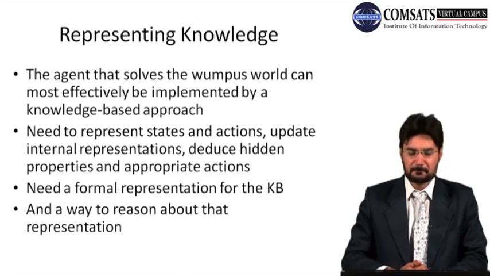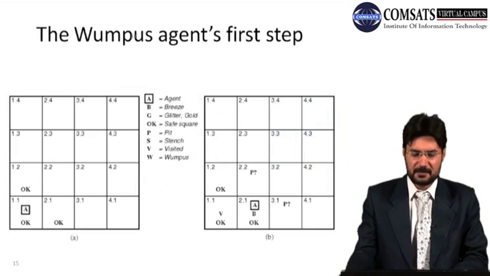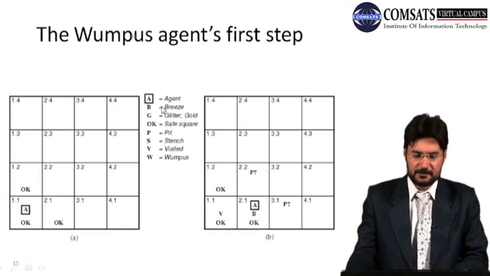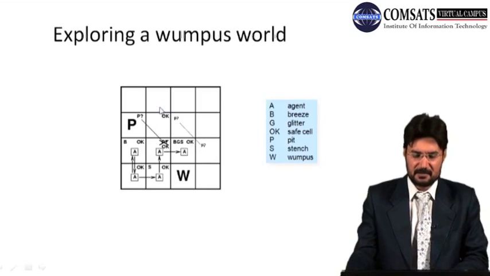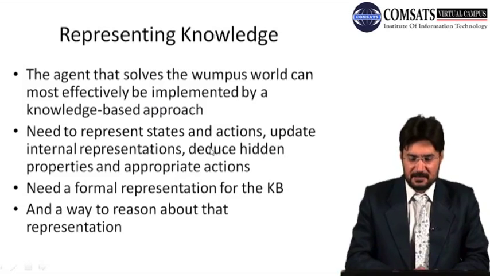So now if we have an agent which can go through this Wumpus World, then we can represent all of it using a knowledge base, and we can keep all this in a knowledge base, and then we can understand, because as I mentioned here, we have different kinds of stench, breeze, pits and wumpus, and then if you want to convert it, we can convert it into different symbols, and then we can use these symbols, and then we can understand it. And to make a decision, we need to represent state and action, update internal representation, deduce hidden properties, and